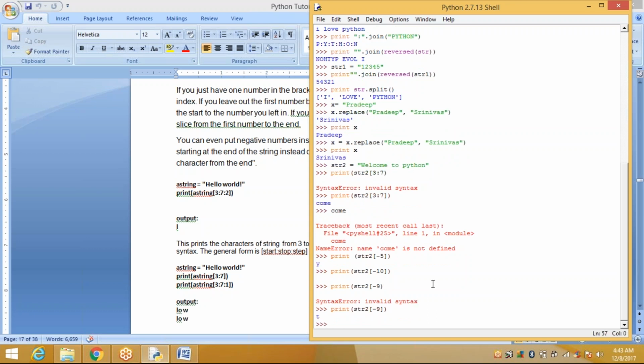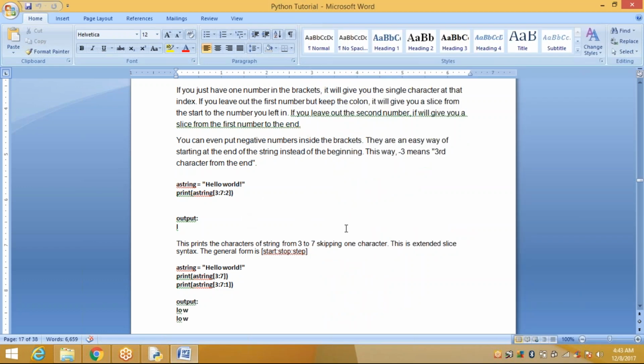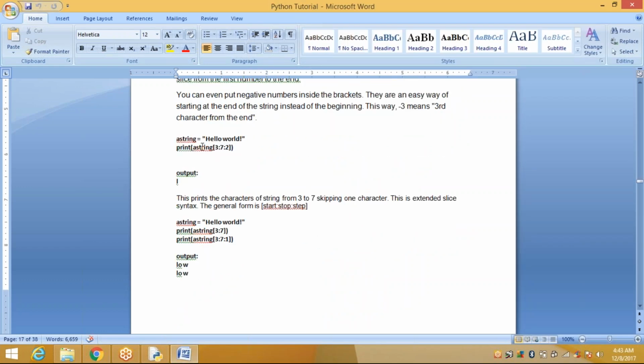Okay. Starting value is array of 0. If you calculate reversely, that is -1, -2, -3, minus values. If you apply minus values, it also displays the value. That is minus.